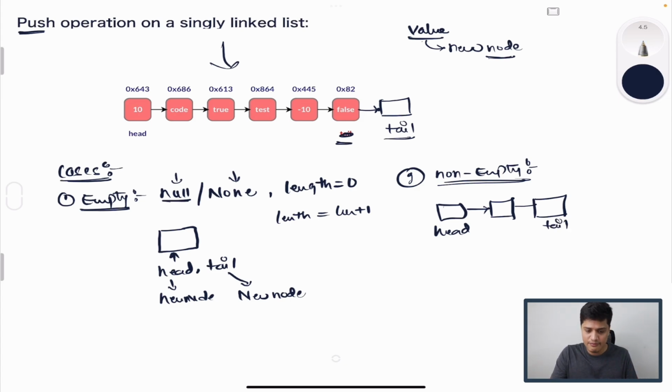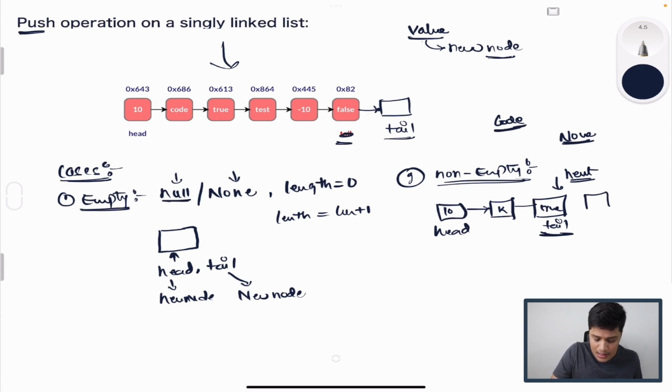So each and every node has some value in it. Let's say 10, let's say k, let's say true or something like that. Now let's just say I want to push the value, let's say code, onto the singly linked list. So what I will do is, we already have the reference of the head and tail node, right? So from the tail node, the existing next pointer in the tail is, at this point of time, null if you are doing a Java or JavaScript based implementation, and None if you are following the Python based implementation. So here we will basically create a node object with the value code,